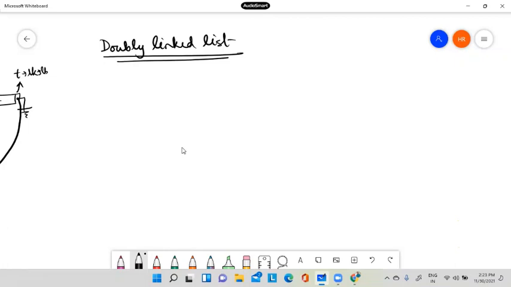The name doubly linked list is due to the two link pointers present in each node, and this doubly linked list is basically used to traverse the linked list in forward as well as backward direction.